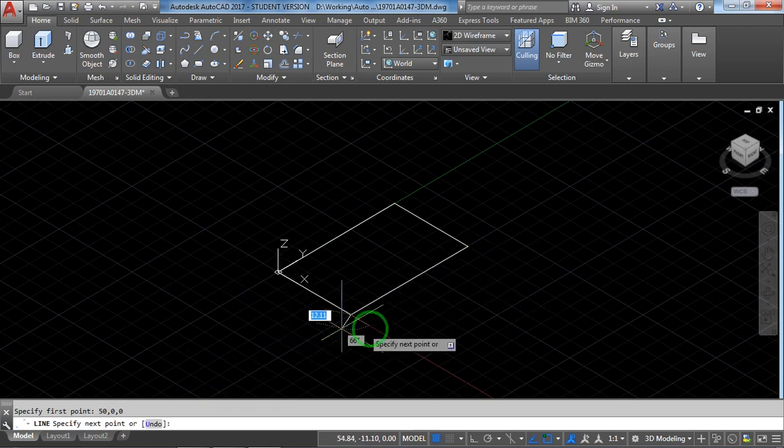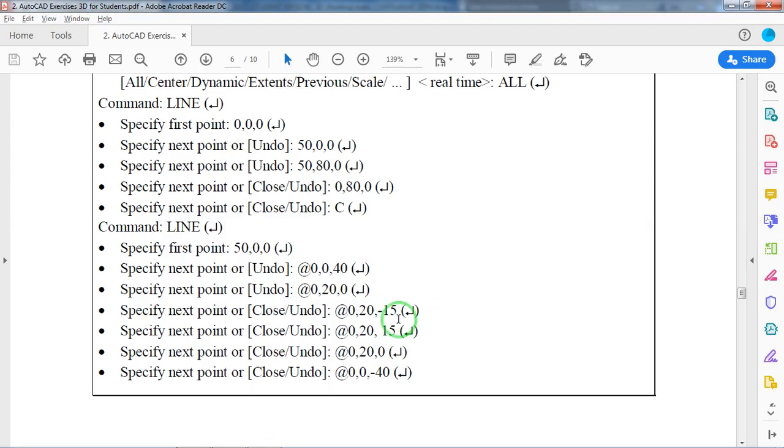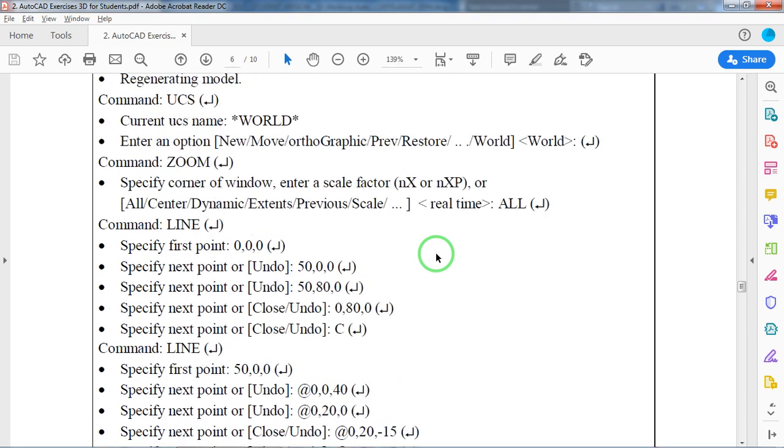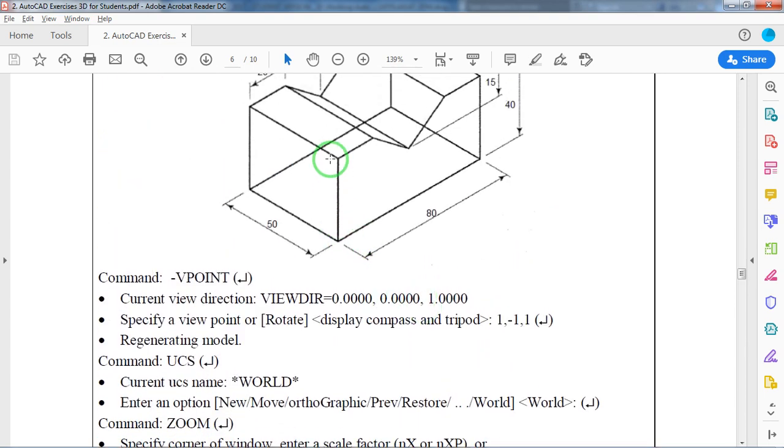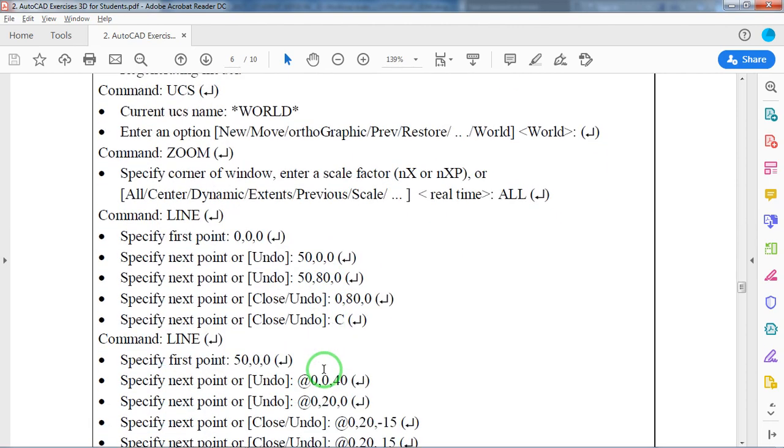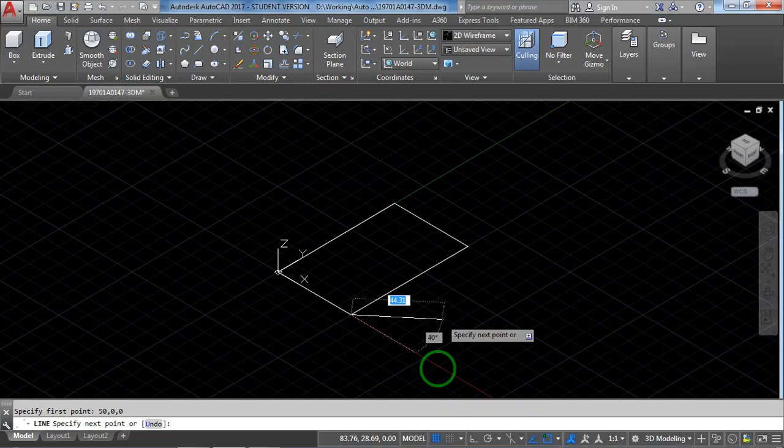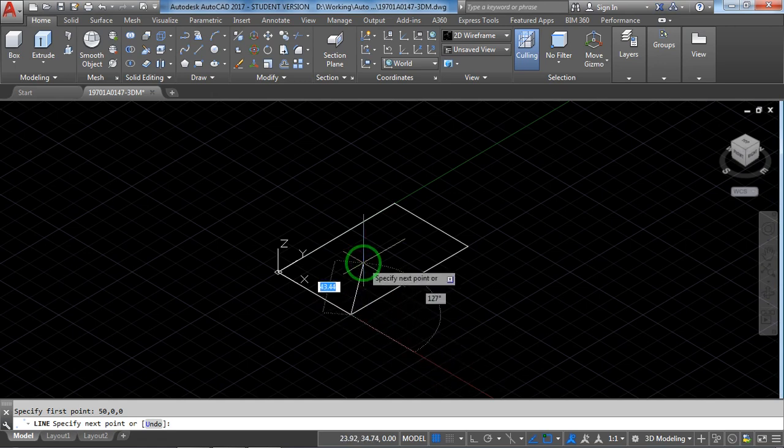Now it is starting from this particular location. Now this one, height. What is this height? From this particular point, at the rate 0 comma 0 comma 40, only z axis.